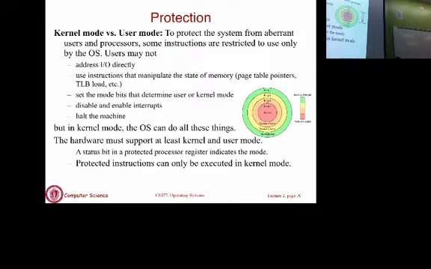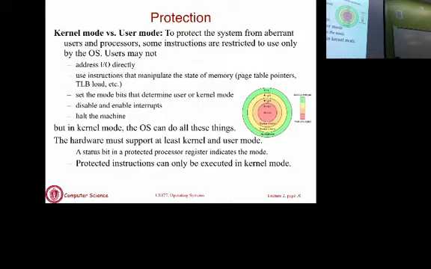In the kernel mode, any assembly instruction can be executed, whether it is privileged or non-privileged. In user mode, only instructions that are not privileged can be executed. So typically, when a normal application runs, the CPU will be executing in user mode, and when the operating system kernel runs, the CPU will be executing in kernel mode.